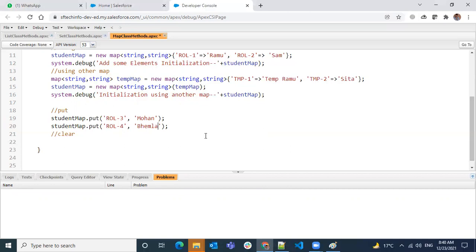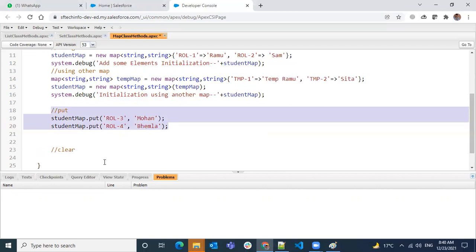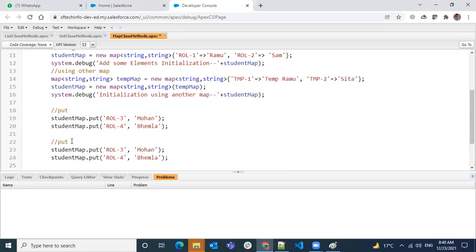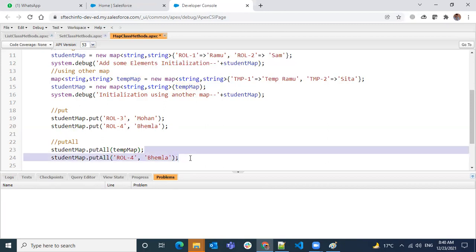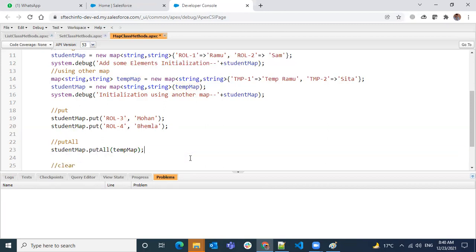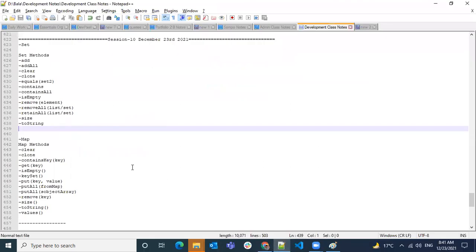And if you want to add from a different map, then we'll use the putAll method. So here we're going to use putAll. Here we're using a different map. So if you have another map and you're trying to add it, you can add it using the putAll method. We can add another map to the existing map. You have to remember always that when you have a duplicate, it will be overridden with the latest value for the same key. So that's how we use the putAll method, and then followed by